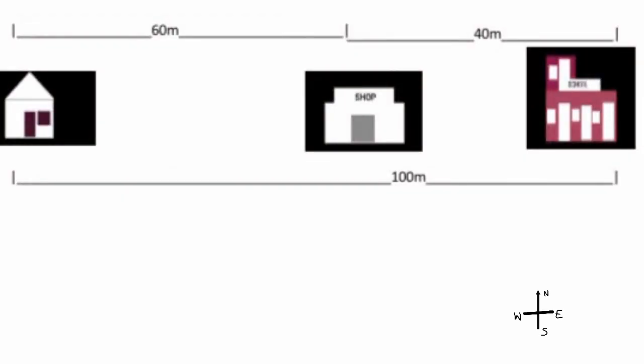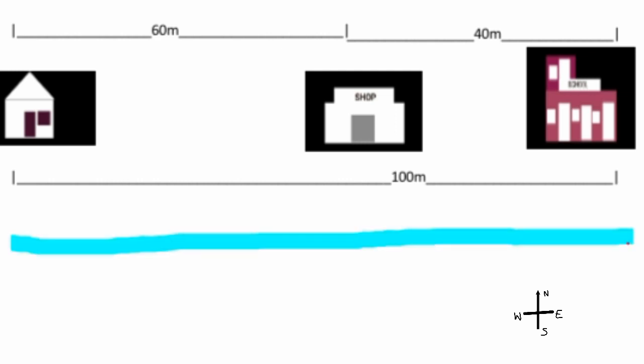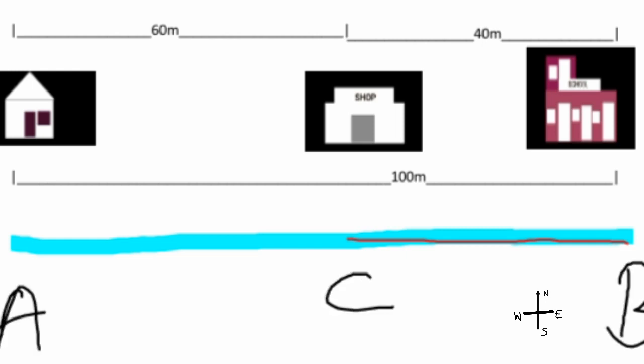In this picture, you can see a house, a shop and a school. The school is 100 meter and the shop is 60 meter east of the house. Suppose a boy is going to the school from the house. He forgot to take his book, so wanted to buy a new one. He goes back through the same way through which he came to the school to reach the shop. Now he is at the shop.